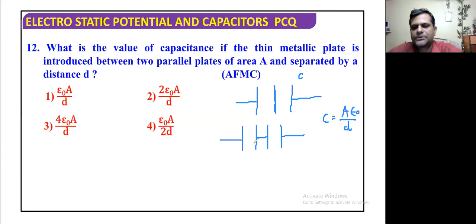And by default, if suppose the distance between these is D, तो अभी यहाँ पे thin metallic plate दिया हुआ है. Thin का मतलब क्या होता है कि its thickness is very very small as compared to the distance between these two plates here. So as by default, if we just consider this as D by 2 and this also as D by 2 distance, so in this case this first capacitor will have its value, which is going to be C dash, which is equal to A epsilon naught upon D by 2, which will make it 2C,